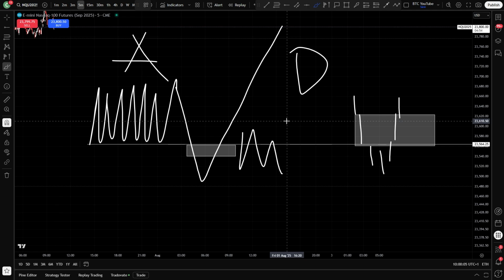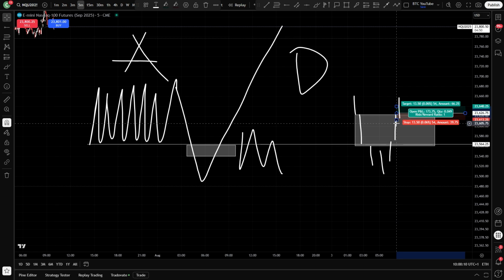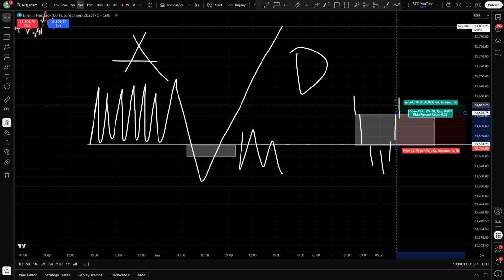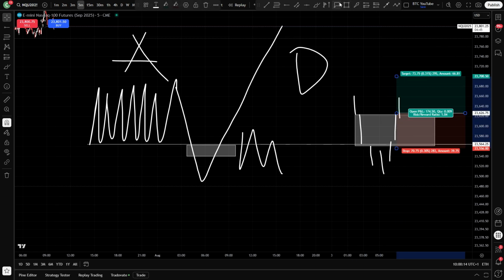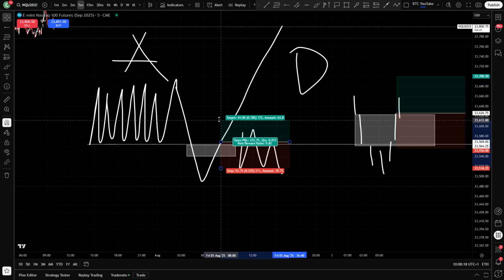You want to see momentum back to the upside like this. And you want to be basically entering once you close back above this inverted fair value gap like this, targeting a 1-for-1. Once you hit a 1-for-1, you'll be looking to target